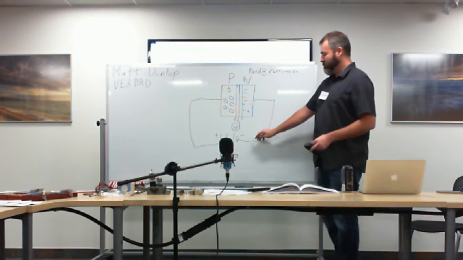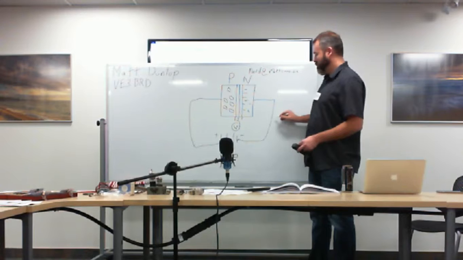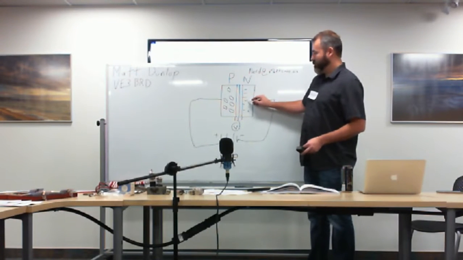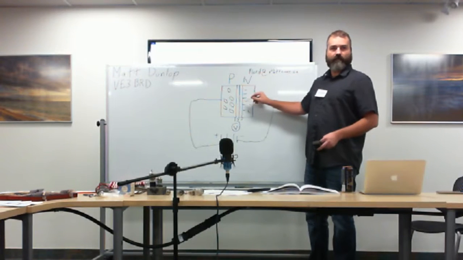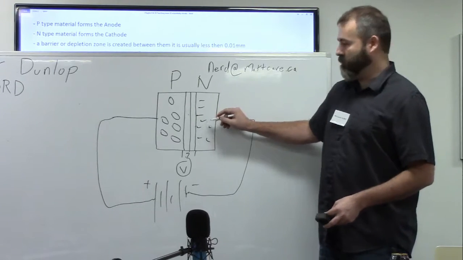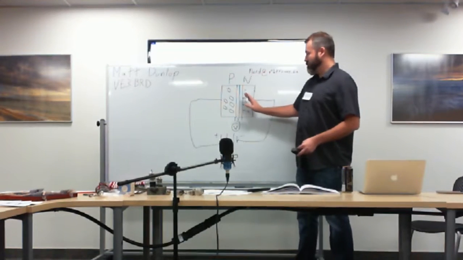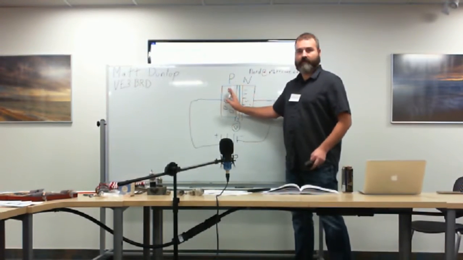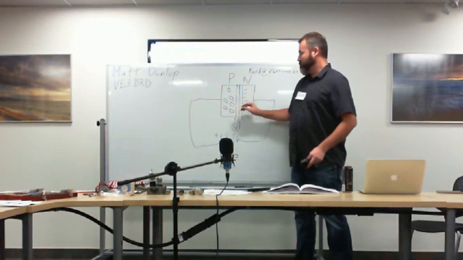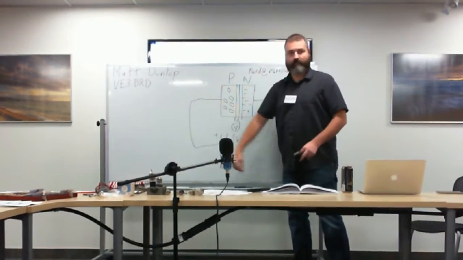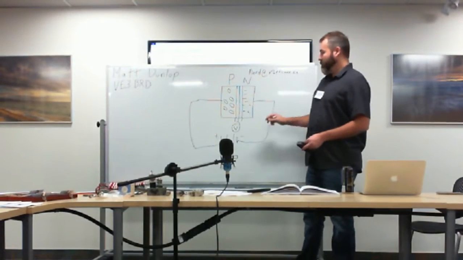What happens is electrons will naturally want to flow from the negative, and they will replenish the electrons that were taken from the silicon on this side, and they will then supply the holes on this side, and thus they will eventually start moving across until all the holes are filled, allowing electricity to flow through.